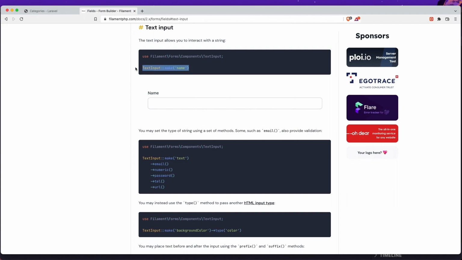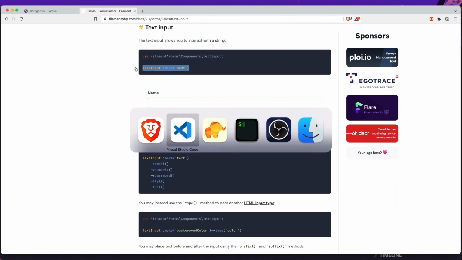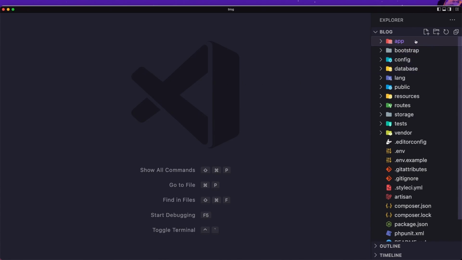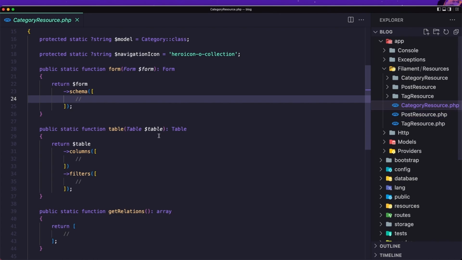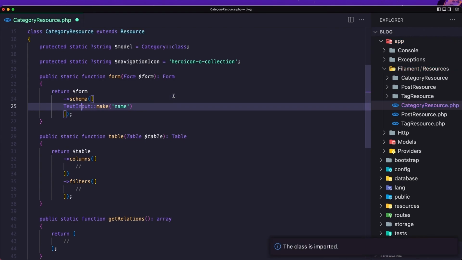So let's copy this one and go in the VS Code inside the app, Filament, CategoryResource. Here we have a form schema, and let's add that TextInput::make('name'). We need to import the TextInput, so import the class. And with that, if I save,